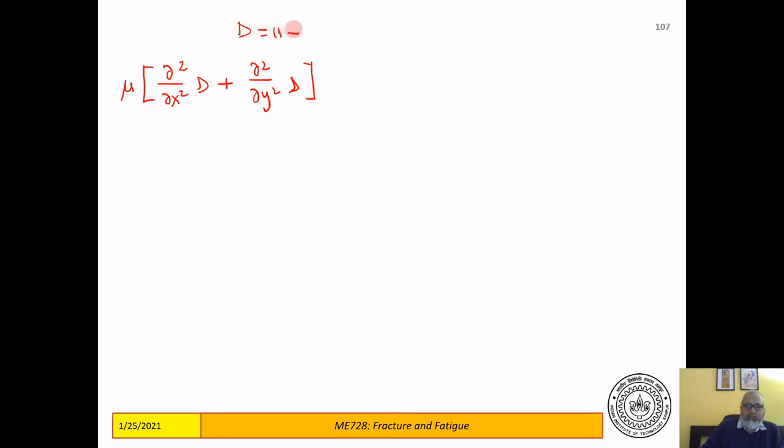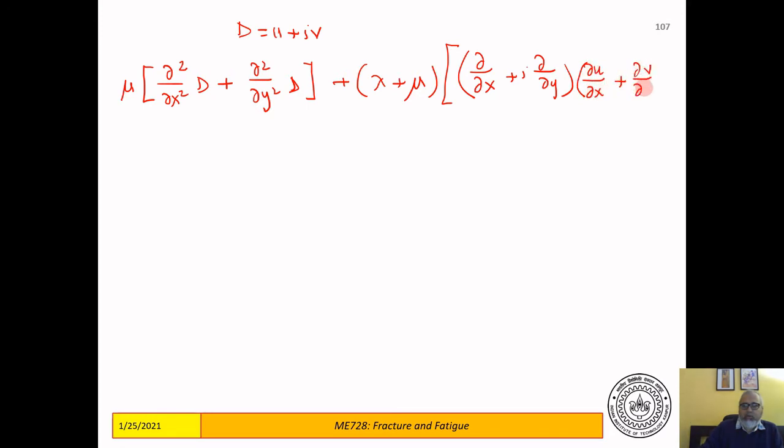Remember d is u plus iv. This comes from the first term, and from the second term we get lambda plus mu of, equal to 0. So now this you should recognize from the definitions that we gave at the beginning as del z bar. So this is del z bar. What is this? Now this you can easily show that if d is u plus iv, then del z of d is half